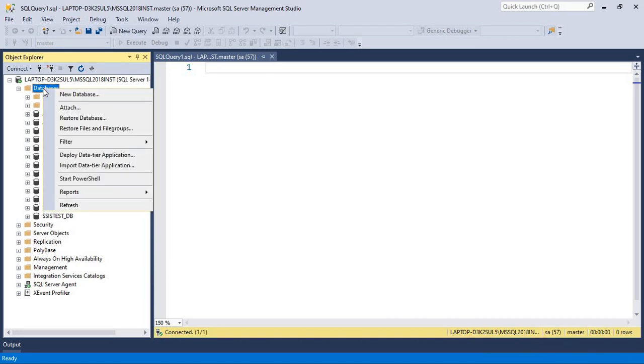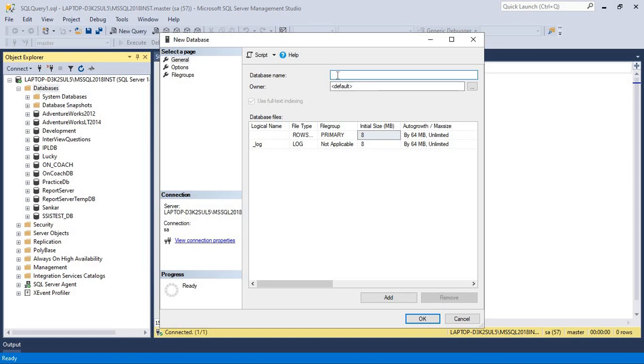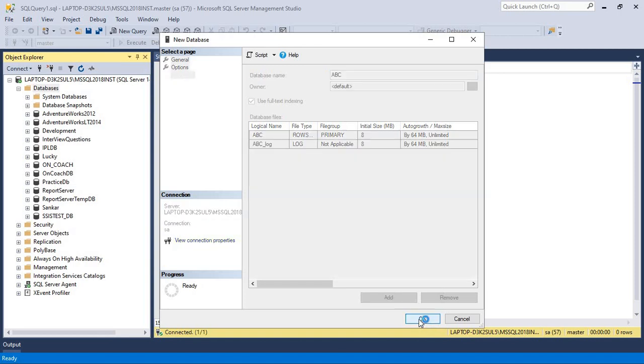Object Explorer is a graphical user interface, GUI. Let me go through the GUI first. I'm going to create one sample database here. Whatever name you want to use, you can use. So I'm simply using ABC as the database name. Let's click OK.